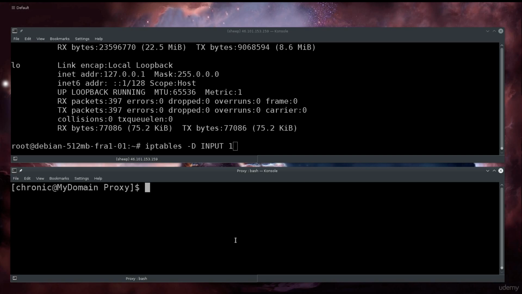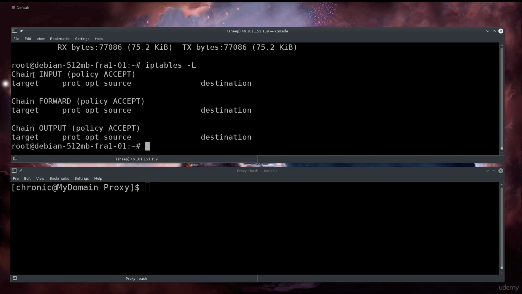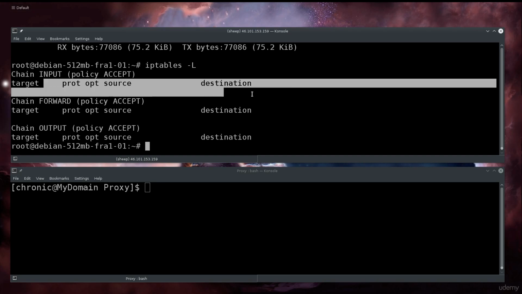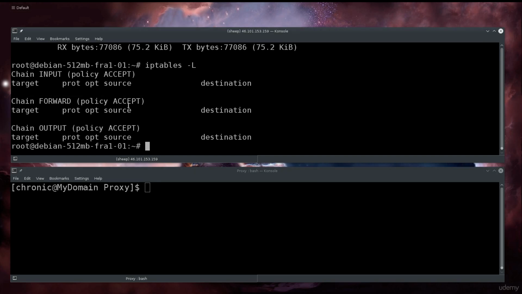I don't really care about that. If I do iptables -L, you will see that the chain INPUT actually doesn't contain entries, so the default policy will be to actually drop the packets, unless specified differently by some particular service or something like that. Anyway,